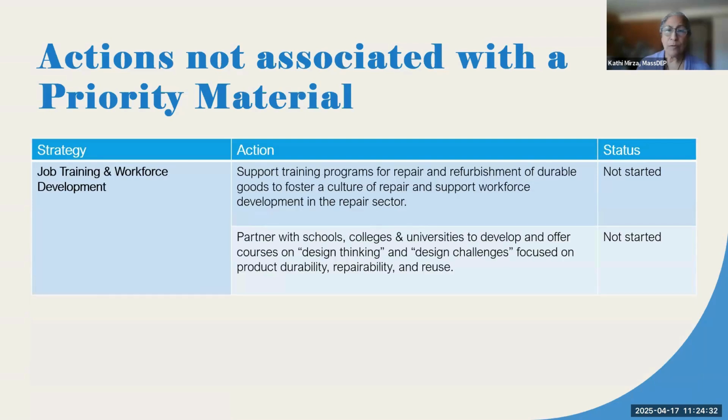Job training and workforce development. Again, this straddles all of the different streams. And at the same time, it's not directly within DEP's purview. So it really relies on our partnerships with all of you who are the businesses and the municipalities and the practitioners in this space, so that we can learn more about your needs and what you're seeing in terms of growth here. But to support training programs for repair and refurbishment, again, our grants can help catalyze this, but